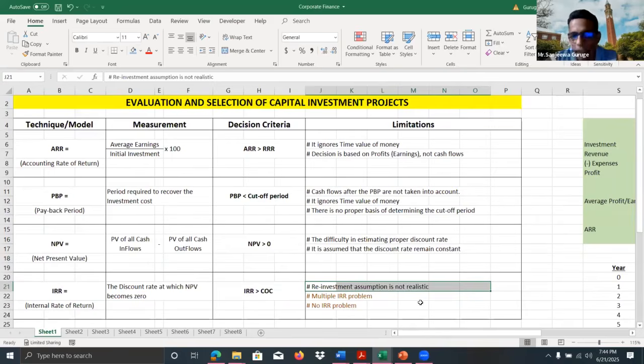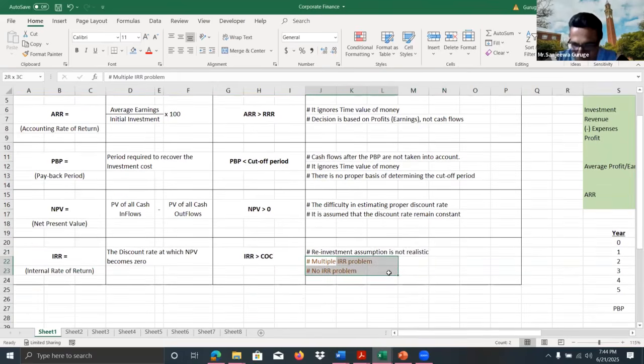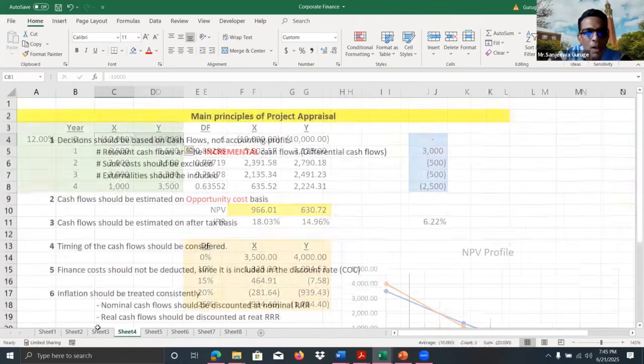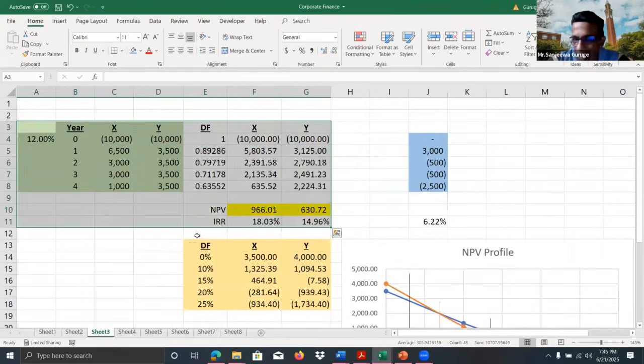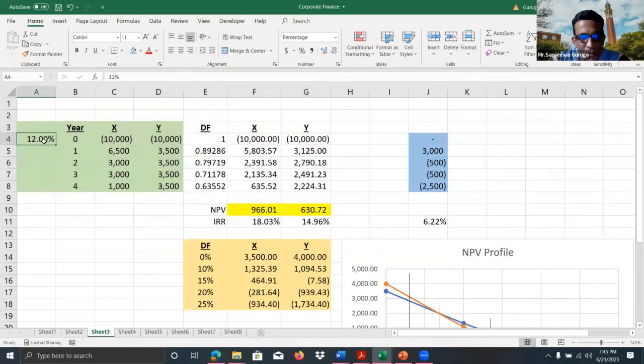The reason is that it is assumed that the initial cash flows are reinvested at IRR. The other points are also problems, but not common ones. Very rarely, when there are unconventional cash flows for a particular project, these issues can arise. So the biggest problem right now, from this simple example, we can see that issue. For this company, the cost of capital is 12%, and when we calculate IRR, we get these values. Now, what is the assumption?